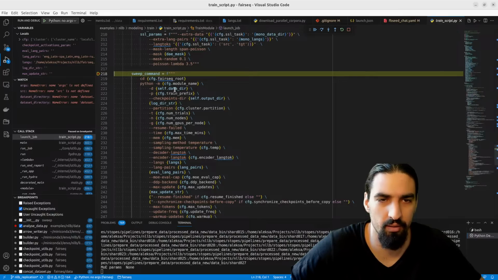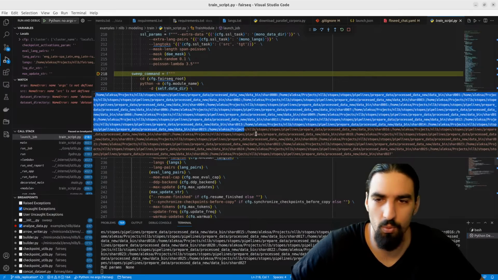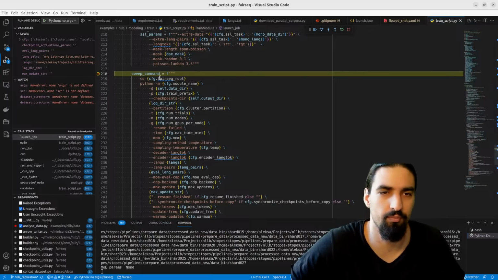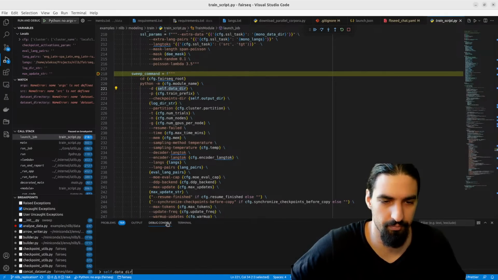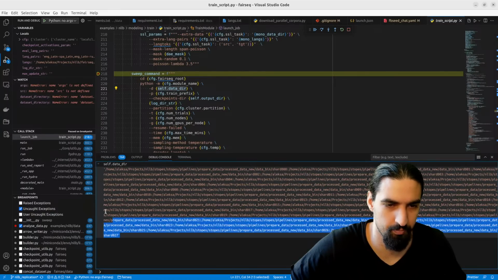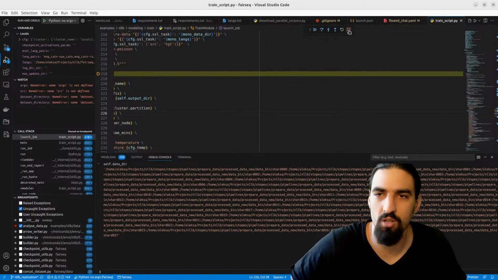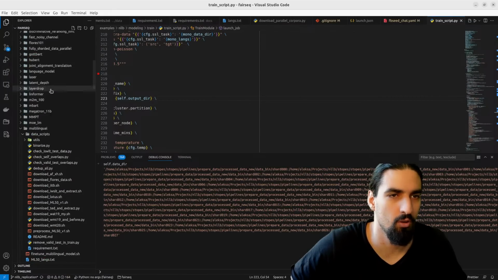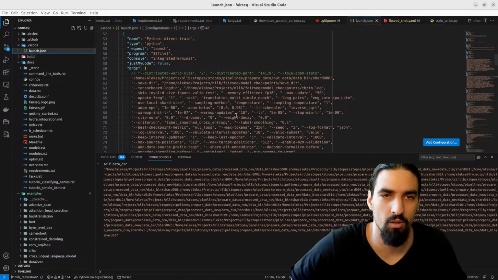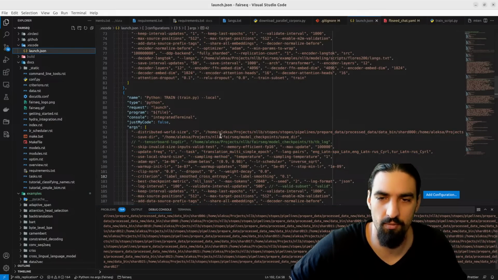And then here's the data directory, data new all the way through 27. Whoops, let's just paste this to the terminal, copy this, copy this one, stop. Go to launch JSON, go to the train local, and let's just replace the previous one.